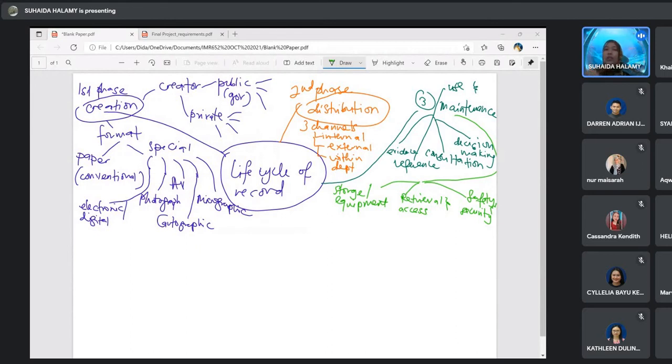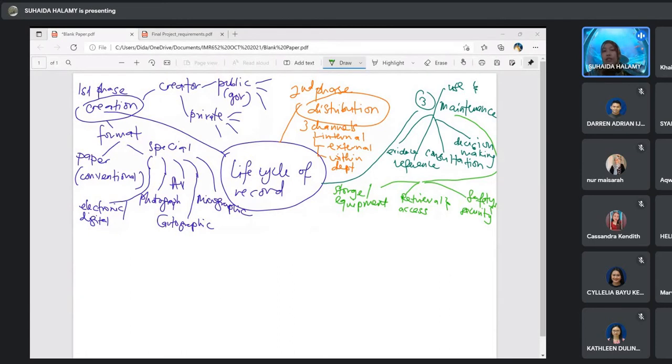Okay, so normally for the storage ni kita gunakan like shelf, mobile shelf. Shelf ni like open shelf, open shelf, mobile shelf, drawer. This is common lah, common equipment and storage for current record, for the record in organization. And then normally all the records we will put in the file.